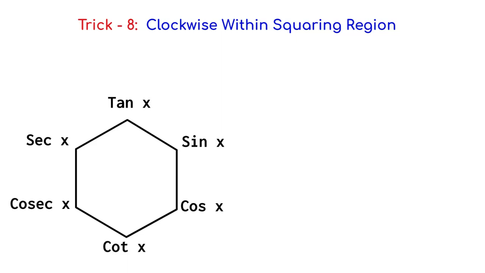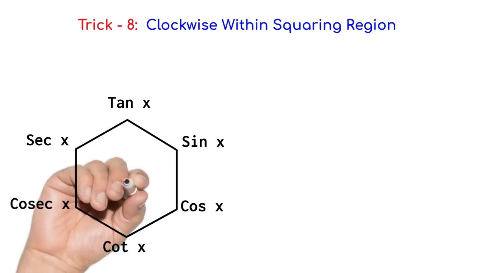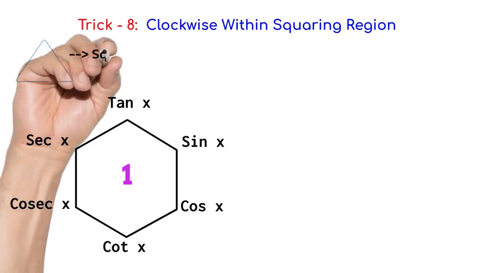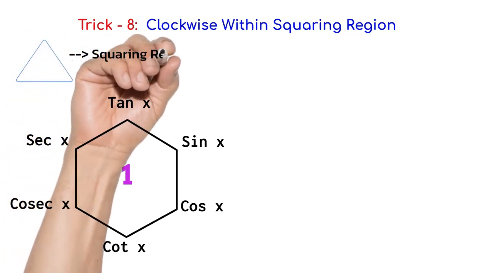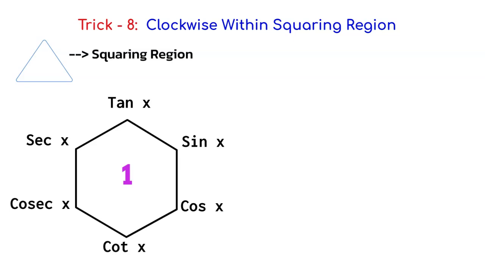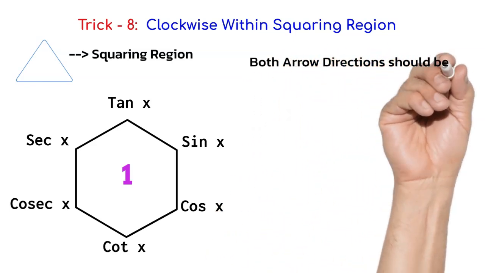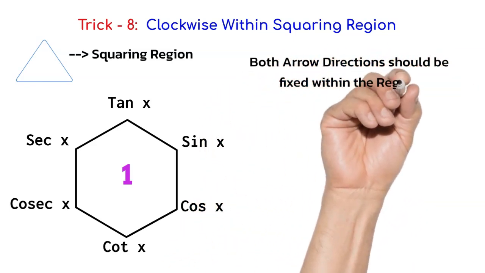And trick number 8 is clockwise within the squaring region. Here also let the number 1 be at the center of the hexagon and we will take the triangle as the squaring region, and it should include the center element 1 and the other two trigonometric elements. For writing the equation, the elements in the squaring region should be fixed and considered in a particular direction,